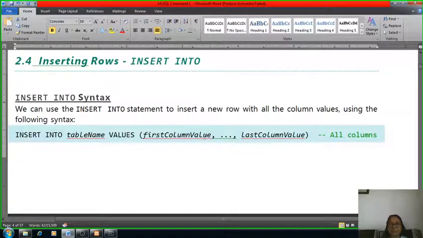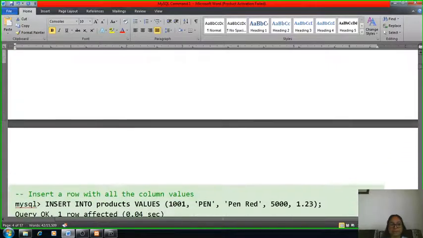You have to give all attribute values one by one as per your table columns, in the same fashion. If the first column is product ID, then the first value is the product ID. You have to maintain the proper sequence of your attributes.